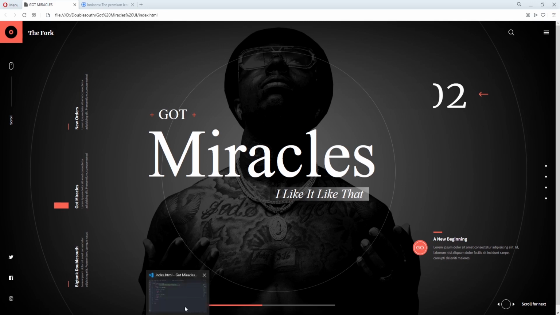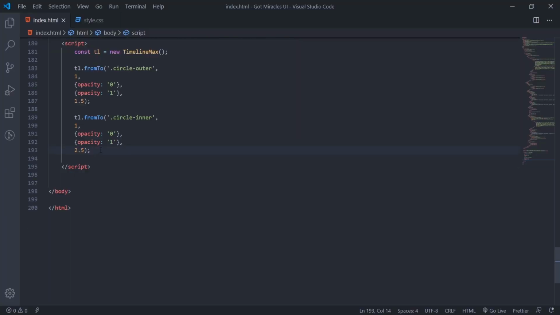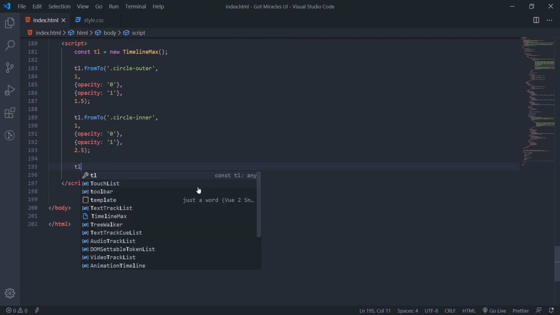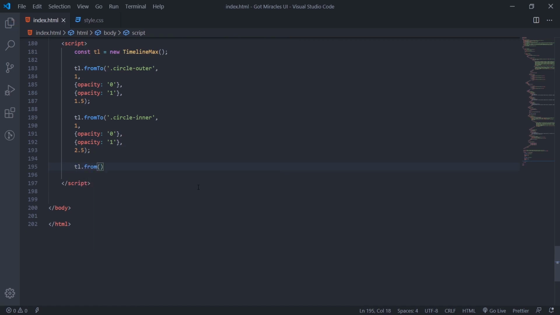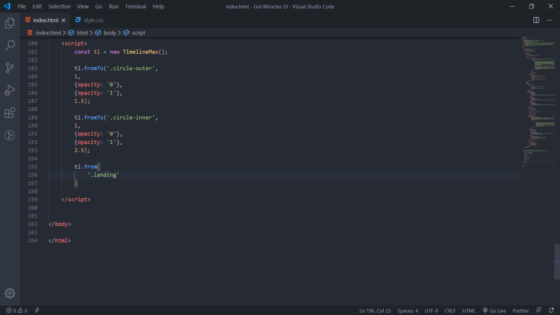Alright, the next one we'll animate, I want to target this aside here. So I'll come here and say TL dot from, then we'll target dot landing, class dot aside.